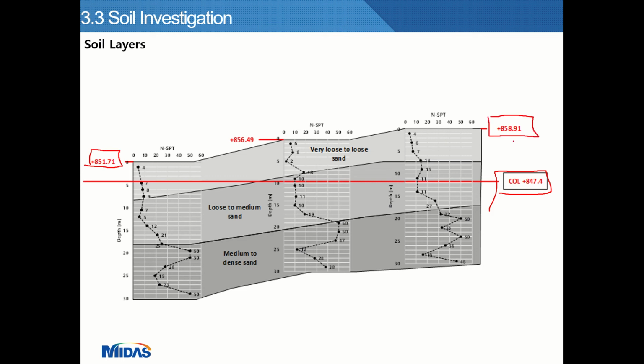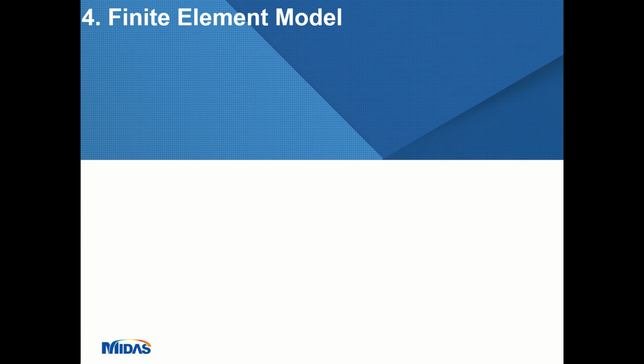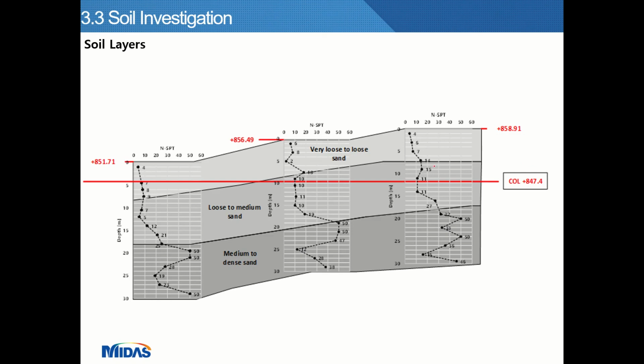So as you can see, we are going to cut from 4 meters up to somewhere around 11 to 12 meters, and it is going to vary from place to place. So we have a non-horizontal soil surface and a non-horizontal soil layer. What are we going to do?